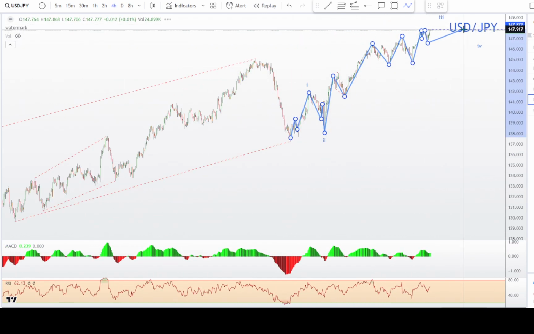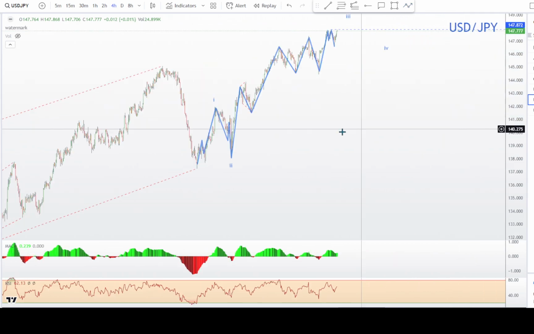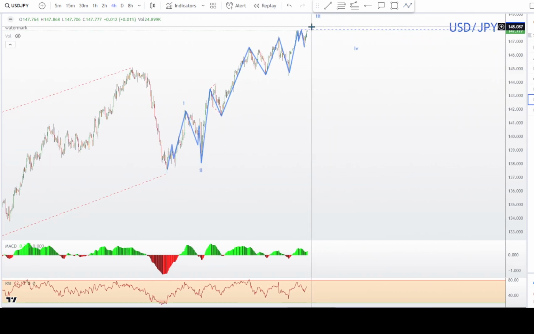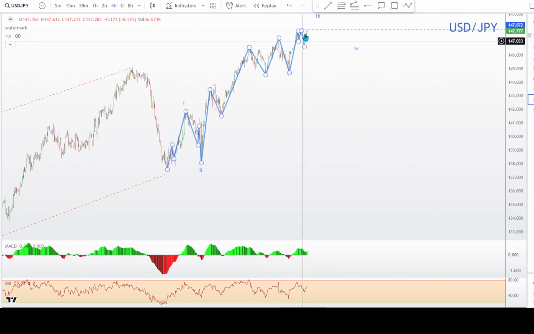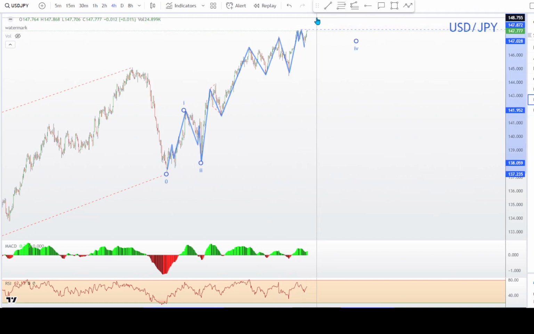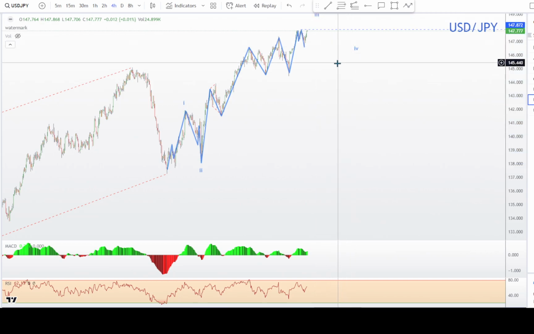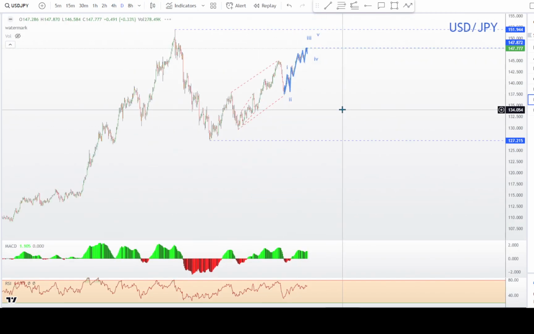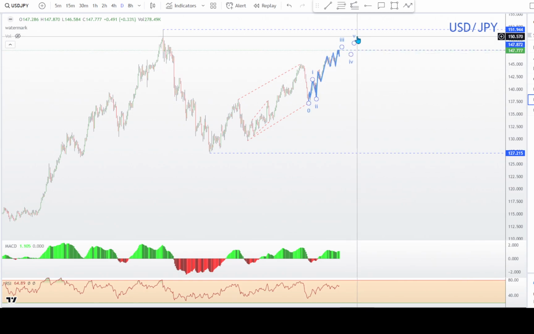That's why I just have placeholders now for 3, 4, and 5, because I don't think this third wave is in. I think it's going to keep pushing up. I think they're creating an ending diagonal, like I said, and so it's just going to kind of trickle its way up for 3, but then it still is going to come down for a 4